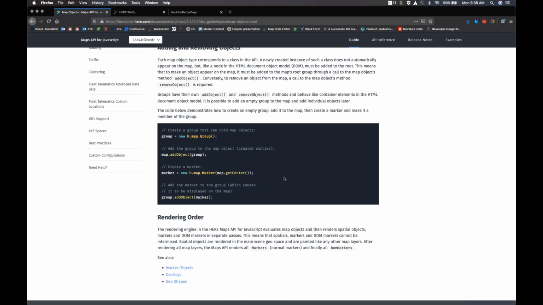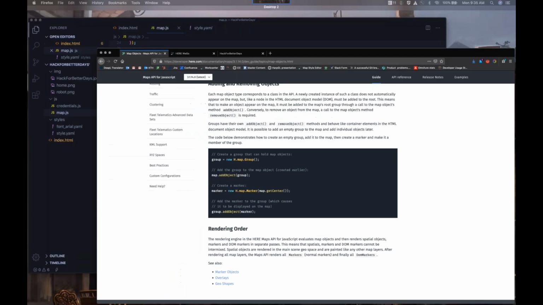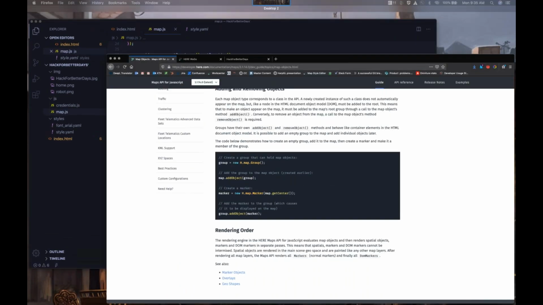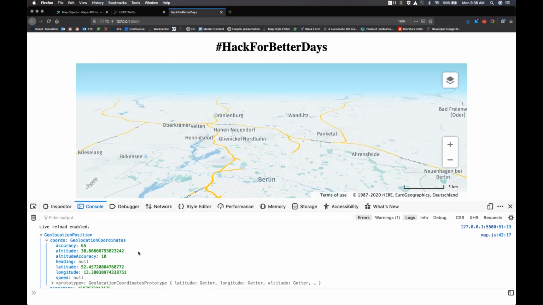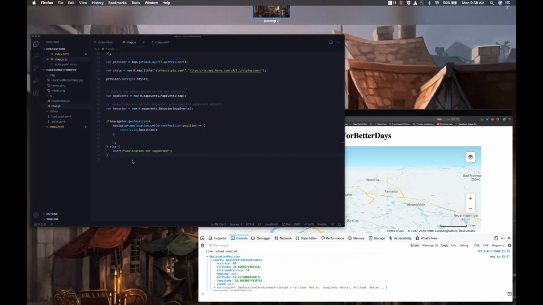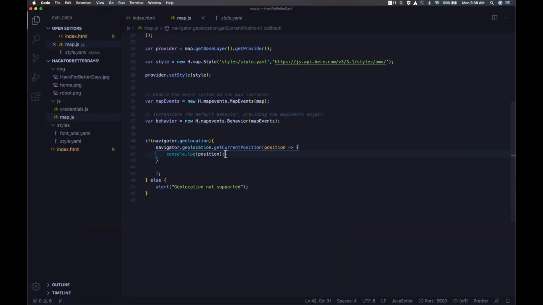You can then add different icons for the marker. So we're going to just add the basic default marker here. And we want to add it on the position that we got with our geo coordinates. So now, if I have the position, I want the browser position to be,